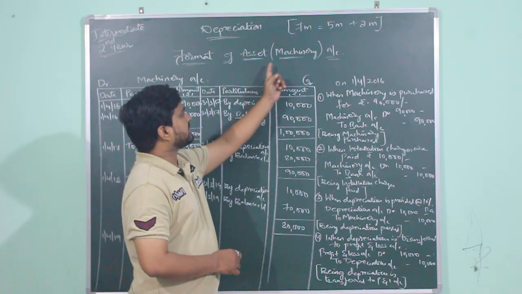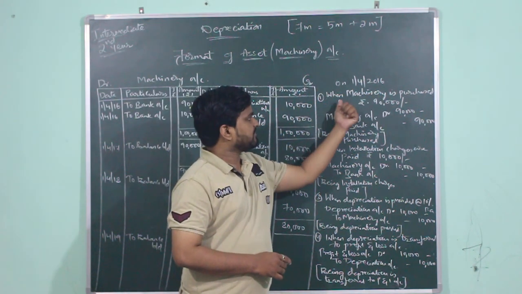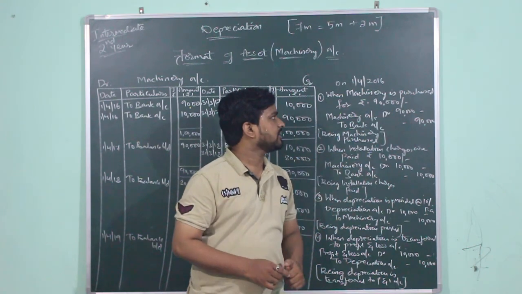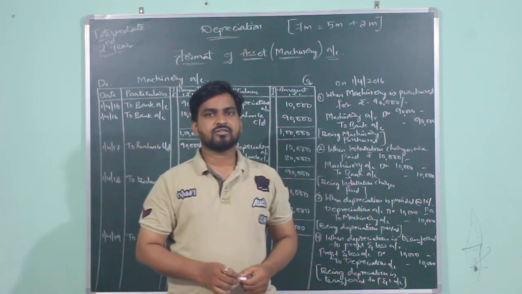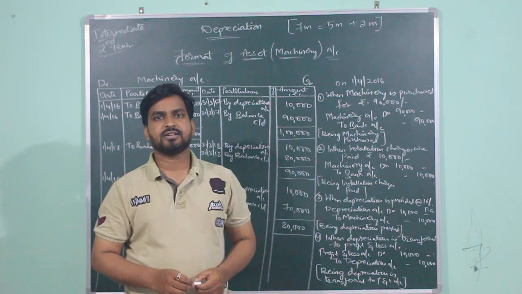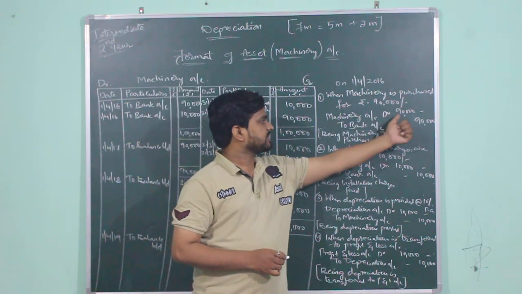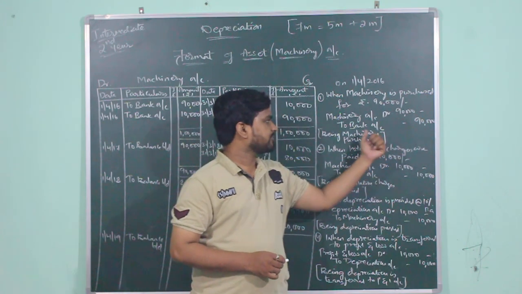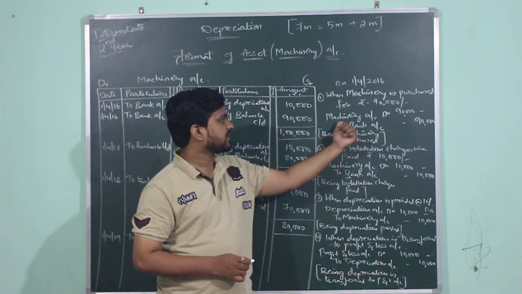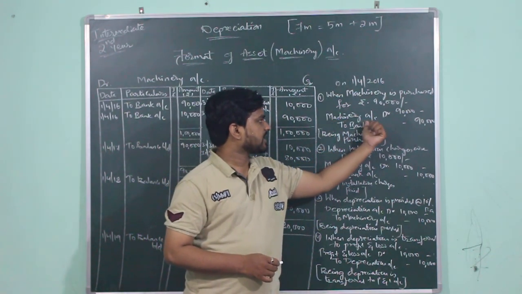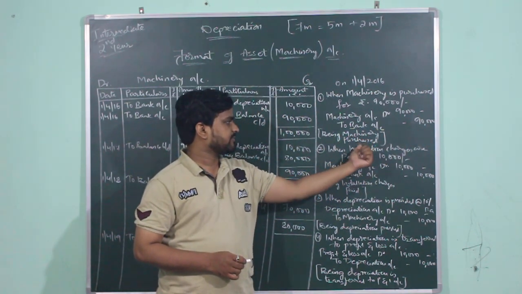Let us take an example that we have purchased an asset. On 1st April 2016, the business is purchasing machinery for rupees 90,000. So machinery is coming into the business and the business will be paying by cheque. Here we write machinery account debit 90,000 to bank account 90,000, because the payment is made by cheque, and the narration will be machinery purchased.